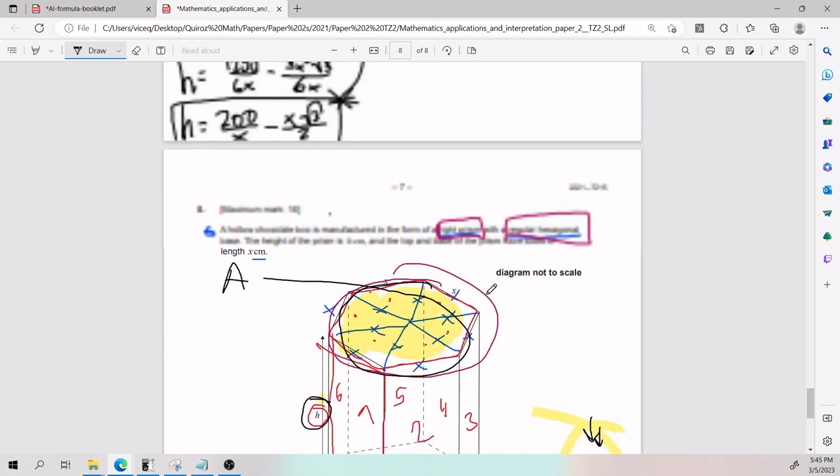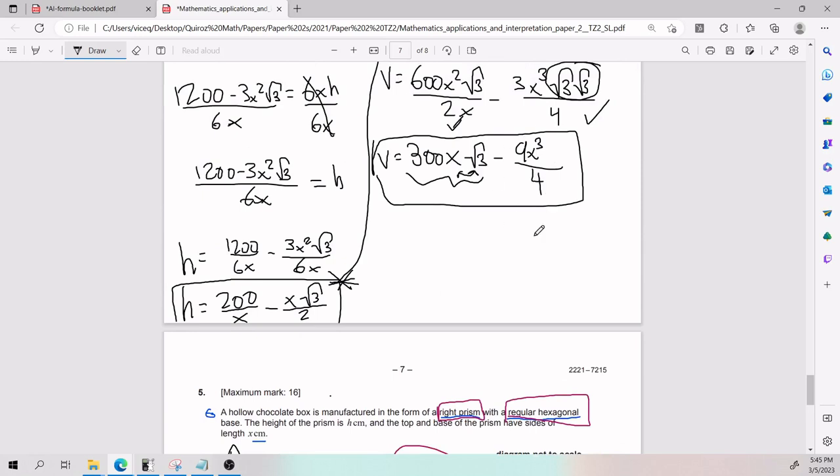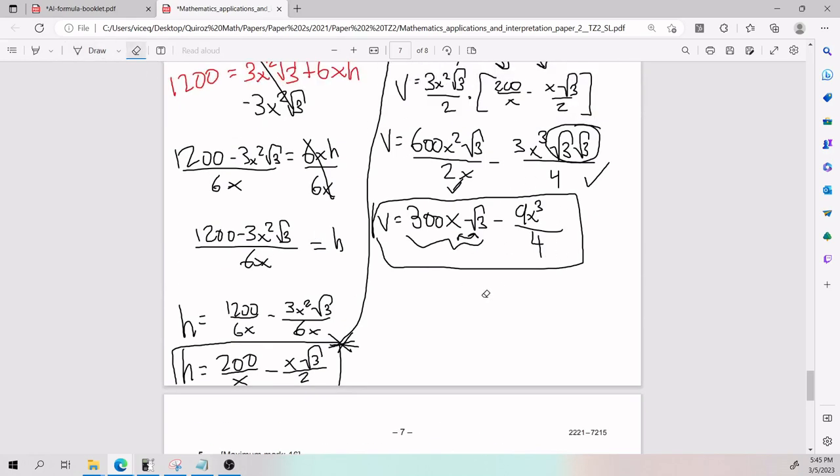Minus 9 divided by 4, x cubed. 9 divided by 4 times x cubed. Awesome. So that is how you show